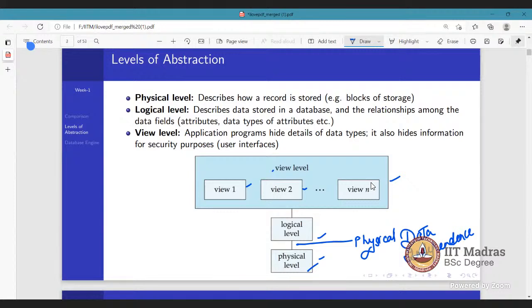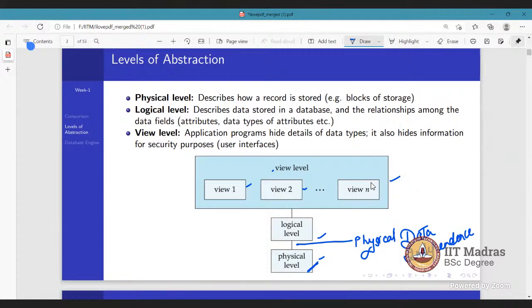We are simply changing the location, but inside that folder it consists of your personal documents only. The documents are not changed, the location is changed. That is physical data independence. Only the storage is moved from one system to another, but the logical structure is not changed. Is it clear? Yeah, got it.